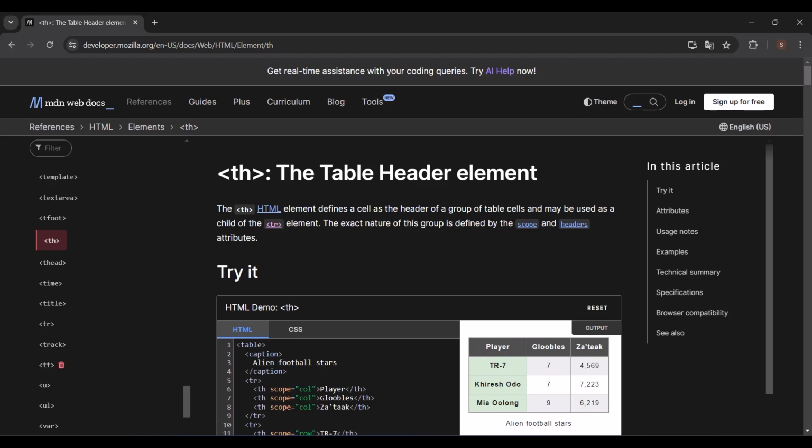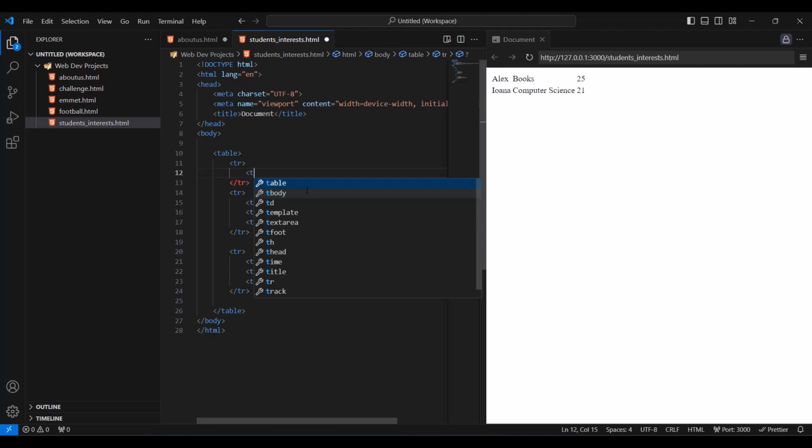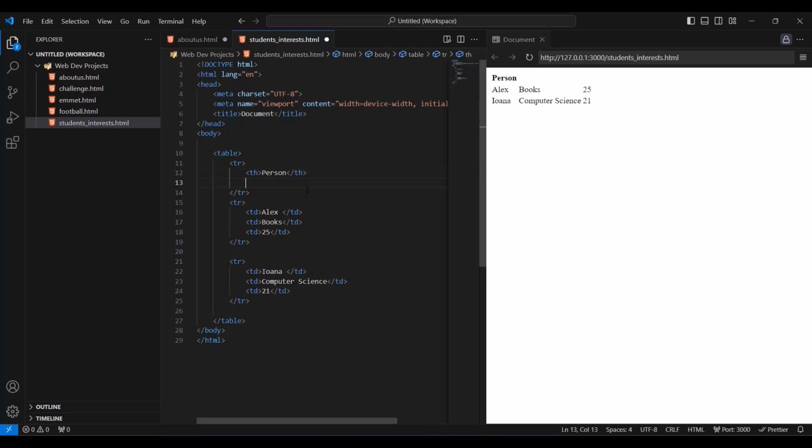So let's open Visual Studio Code, and I'm going to type here tr, and I'll type here th for the header, name, or let's put person. And as you can see in real time, now we have the header being added.